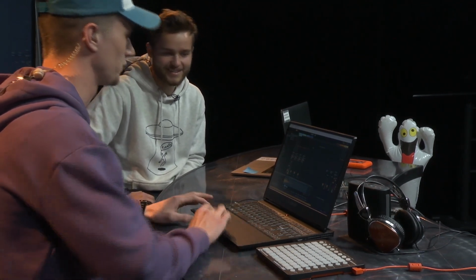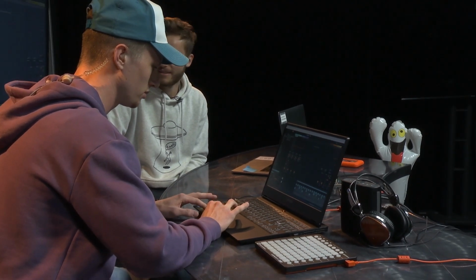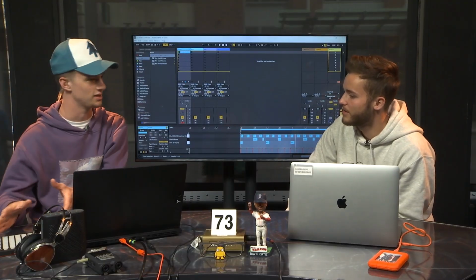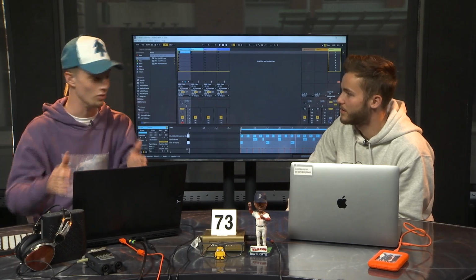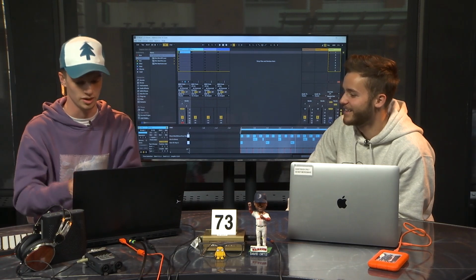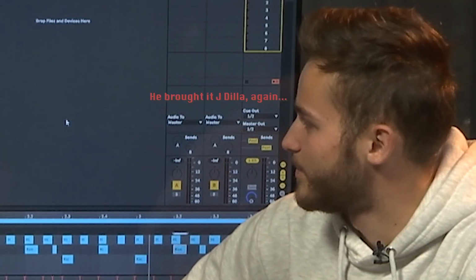All right. Okay, so we got that in this clip right here. I'm just gonna edit it real quick, and so usually you do something called quantization, where I'm playing this, but I'm not playing it perfectly. Quantization kind of lines up all of the notes that I was just playing imperfectly on beat. But if we're going for this kind of J Dilla, lagging, drunken feel,